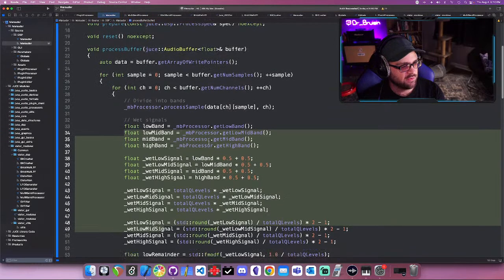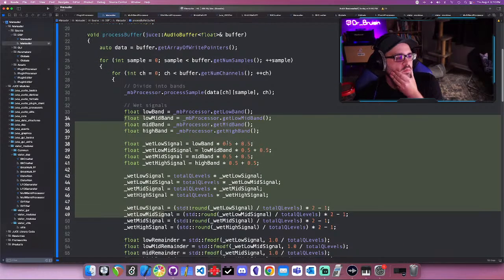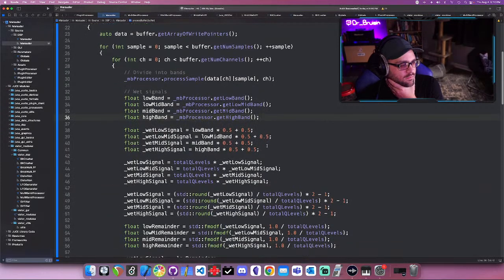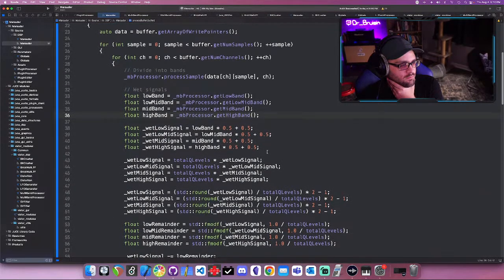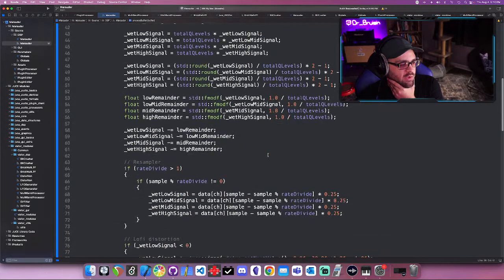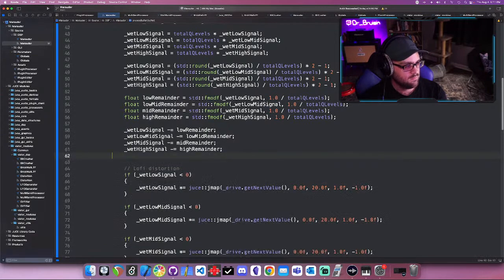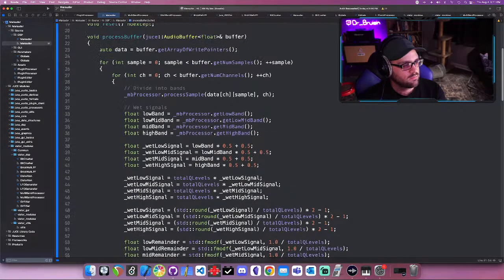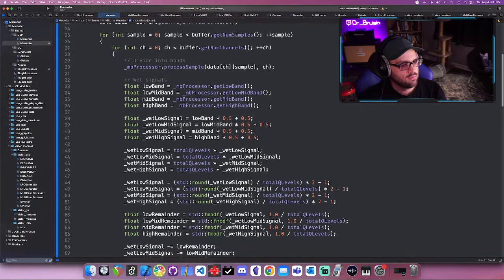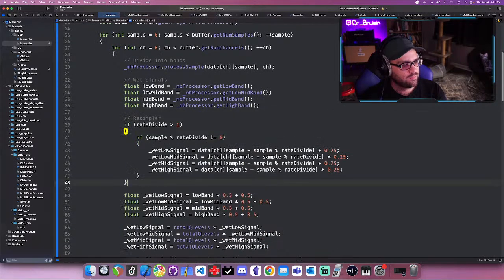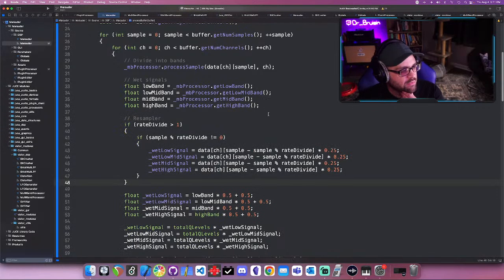That's what's originally in the buffer. So we might have to, what if we do this? What if we do